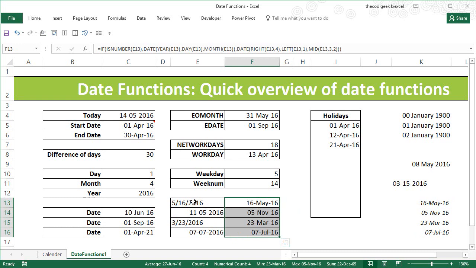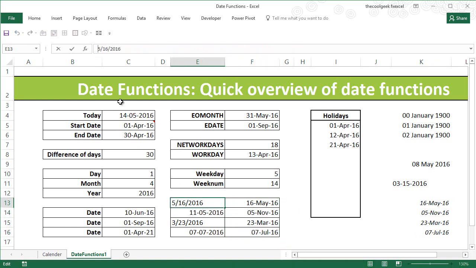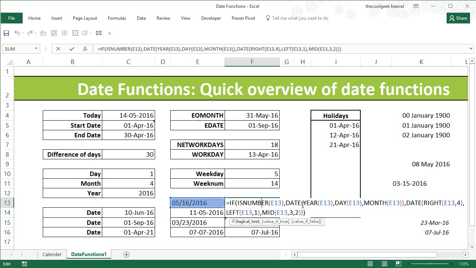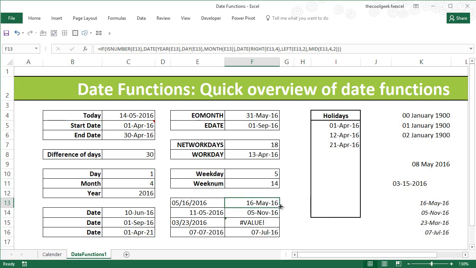Now many times you have a 0 available within the values. If I use the 0 there, you will see that these two will not be able to be formatted. So what I'm going to do here is come to this function and change it a little bit. From left I want 2 characters here because we have introduced the 0. And because of the 0, the day value shifts a digit, so I'm just going to take from the 4th digit, 2 characters, and then it will give me the perfect date. I do that and drag it down, and you'll get all the corrected dates.